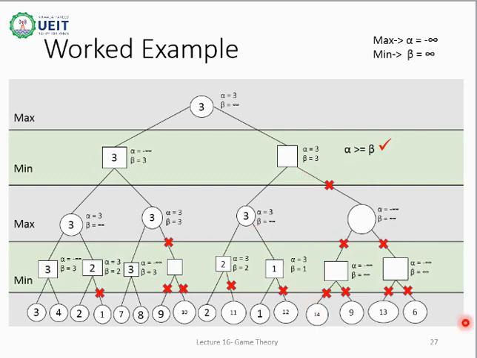We cut off all these branches. This complete part of the tree is being pruned as this condition here is becoming true, which means that we do not have to explore this area. In this way, search is reduced, which saves time and space, thus resulting in lesser complexity. The path that the search will take is through node 3, as suggested by the root node. The algorithm tells us that I will have the maximum chance of winning the game if I take this path, which is through node 3. That gives me the utility of 3.